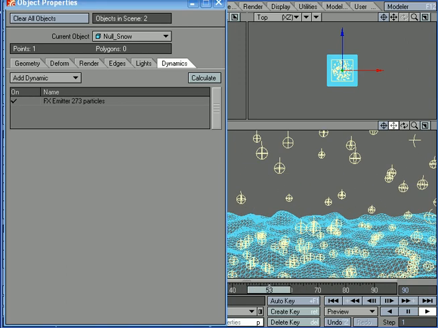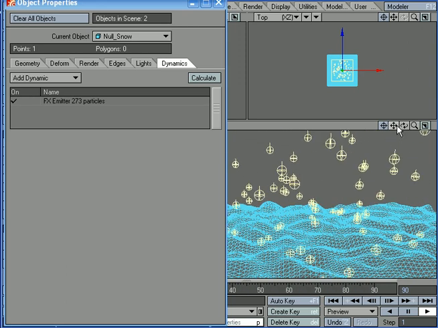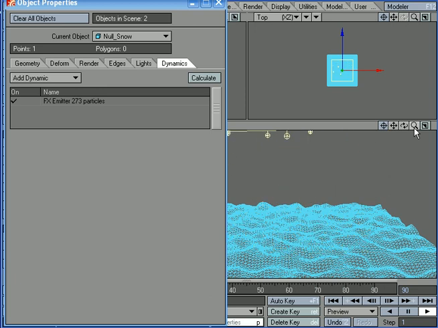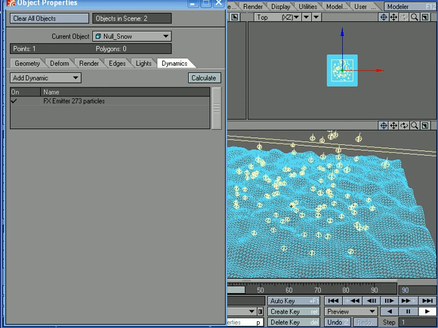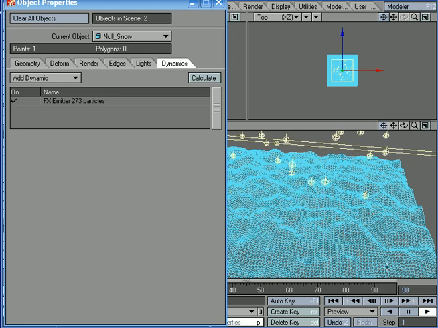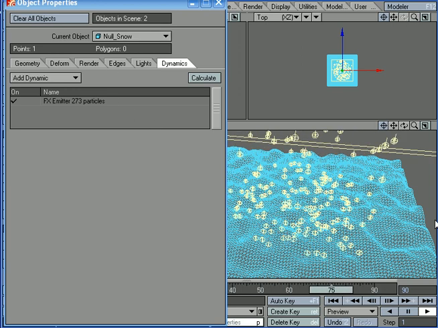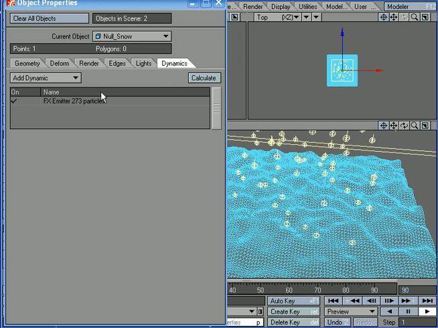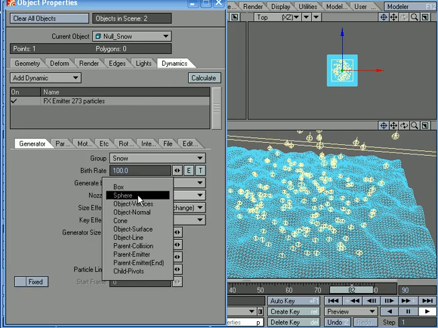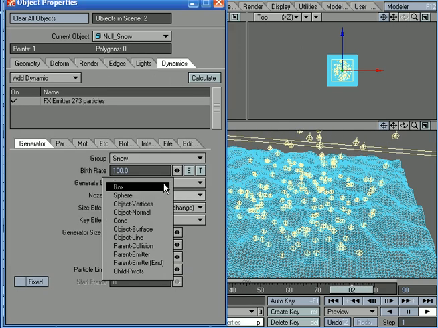And there we go. We got our particles falling down onto the surface and sticking to it. Now I want to show you a couple things really quickly. First thing you'll notice is the particles are falling down and they're actually forming a round region. It's not completely square. You're missing things over here. In your renders, you'll have a lighter density of snow falling over in the corners than you will in the center. So to fix that, you go back in here, just change your nozzle type from sphere to box,